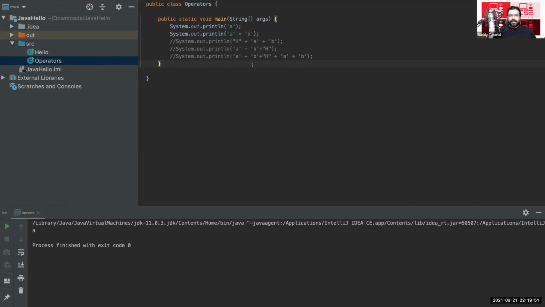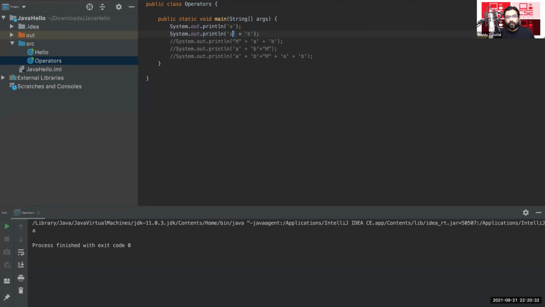always imagine that you are the Java compiler or Java interpreter or Java virtual machine, and you have to do this operation. Plus has only two meanings, right? One is adding as numbers. One is adding as strings. So here A and B, are they strings or are they characters? Are they strings? No, right? They are not strings, so you cannot do string concatenation.